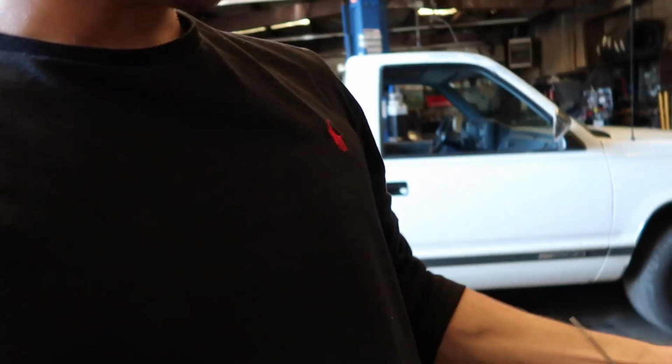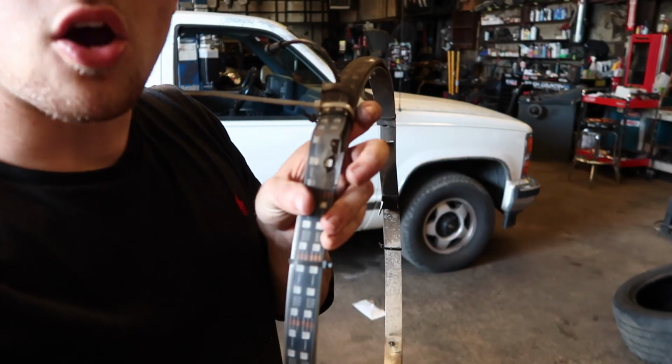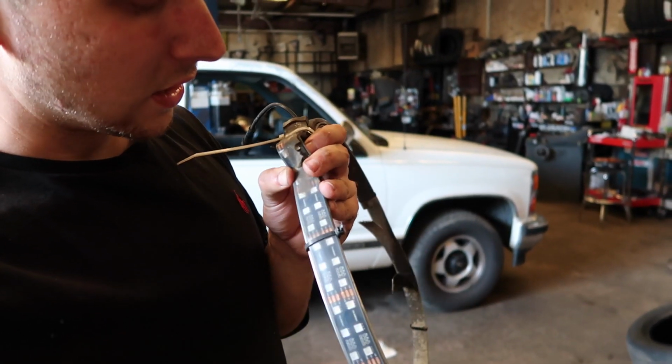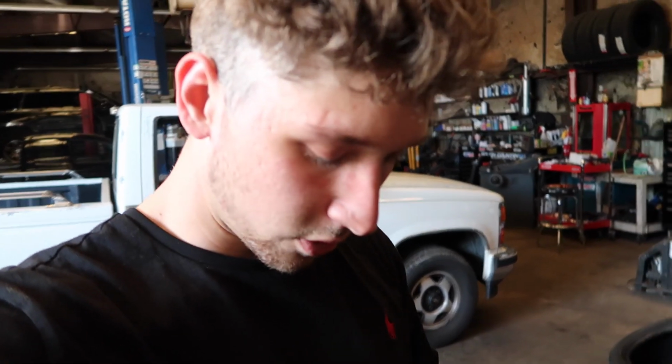Now obviously it's all cut up because I had to cut it off the truck without taking the wheels off, but over time, again, where my hand's at, this part was touching the wheel, and it actually wore through the light and messed the light up that way. So both of my front brackets have completely ruined my wheel lights now, and I literally just cut them off with some, what are they, 10 clippers? I just cut my wheel lights off with 10 clippers, so definitely not a great feeling,